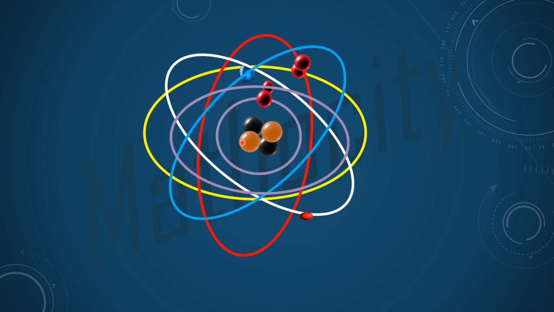It is highly impossible to draw the real picture and sharp boundary of the electron. That's why Erwin Schrödinger assigned the regions around the nucleus where the probability of finding the electron is more. These regions around the nucleus where the probability of finding the electron is more are known as orbitals. What do we call them? Orbitals. Are you clear about that one?